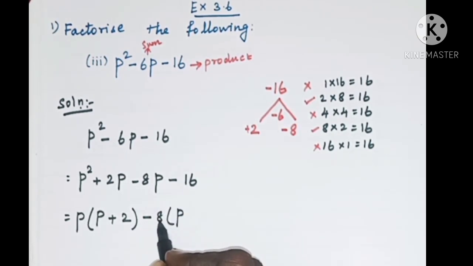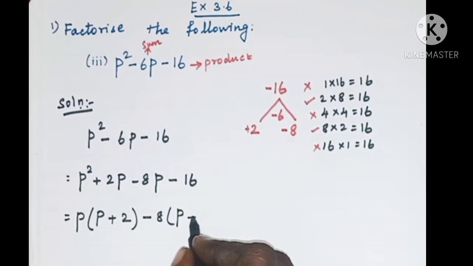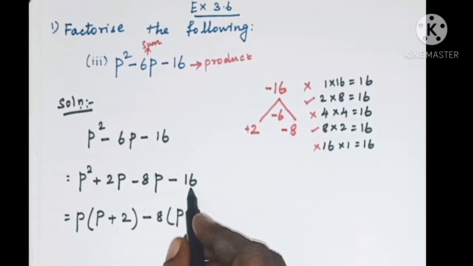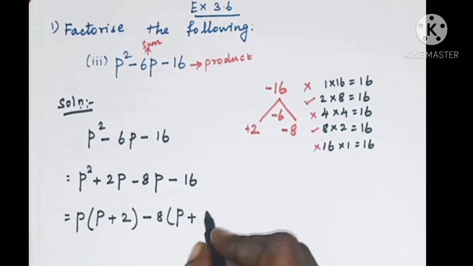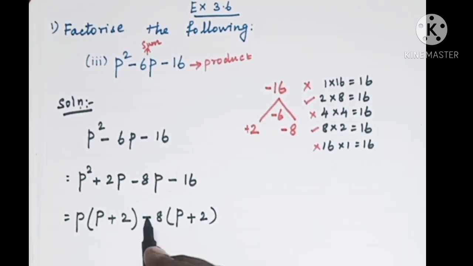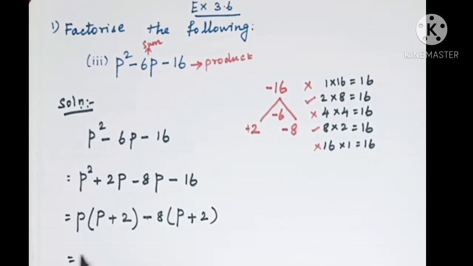Write this as here. So 8 into p, 8p, plus, because minus into plus, minus 8. 16 can be written as 8 into 2. 8 2s are 16. So 8 already taken outside. So 8 into 2. Plus into minus. Minus into plus. Minus 8 2s are 16. Now